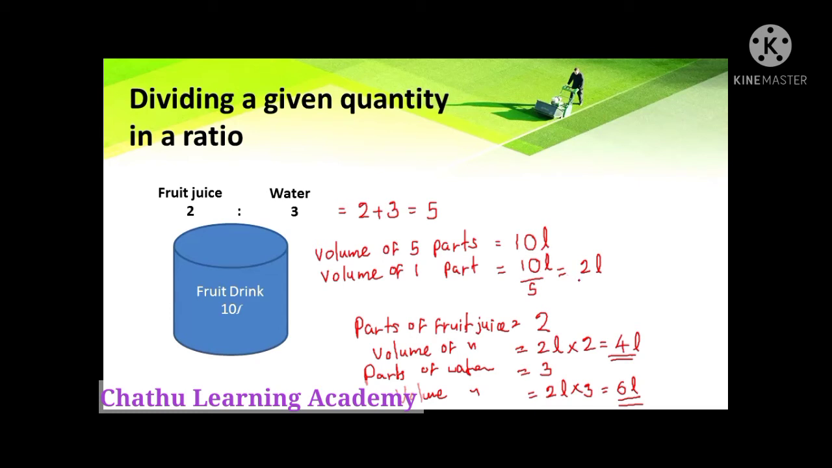So 2 liters. If you know the volume of one part as 2 liters, then you can find the volume of 2 parts by multiplying 2 liters into 2. Then here 4 liters and here 3 parts. One part is equal to 2 liters, then 3 parts is equal to